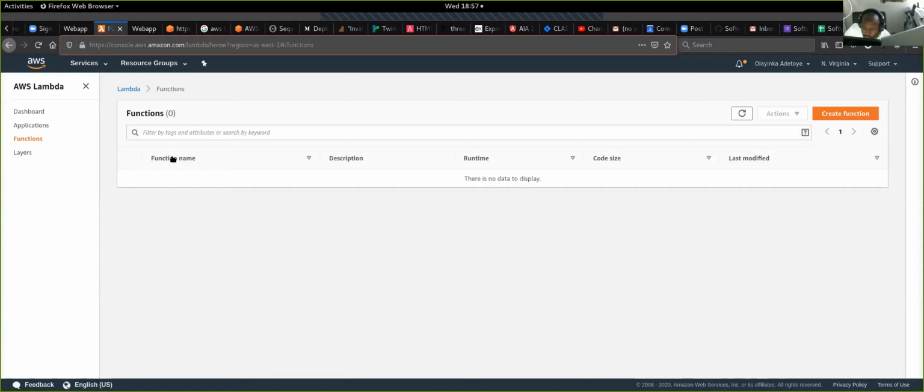All right. Right now, I have no Lambda functions. And you see that they're called functions. Because think of them conceptually just like functions in JavaScript. Functions do one thing, return one value, right? That's how you should think of AWS Lambda functions. Think of them as functions. So if we come here,